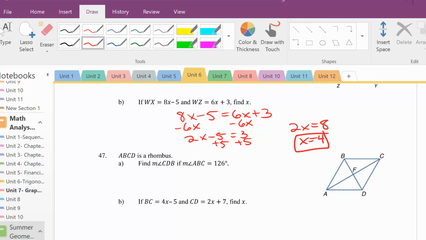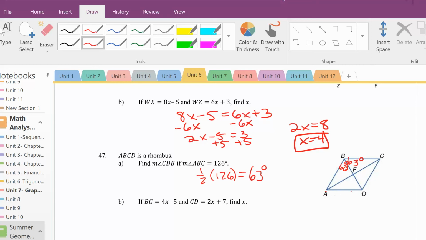ABCD is a rhombus. Find the measure of angle CBD if ABC is 126. Well, CBD would be half of it, so half of 126 is equal to 63 degrees. All right. Oh, sorry. So this is 63 here. 63 and 63. So it wants to find